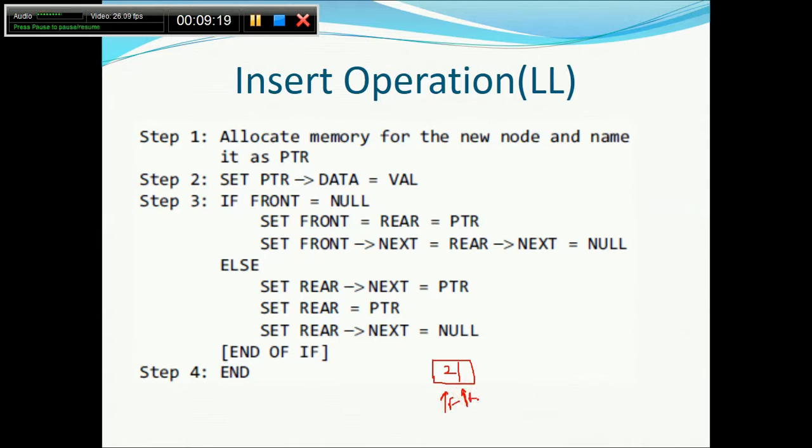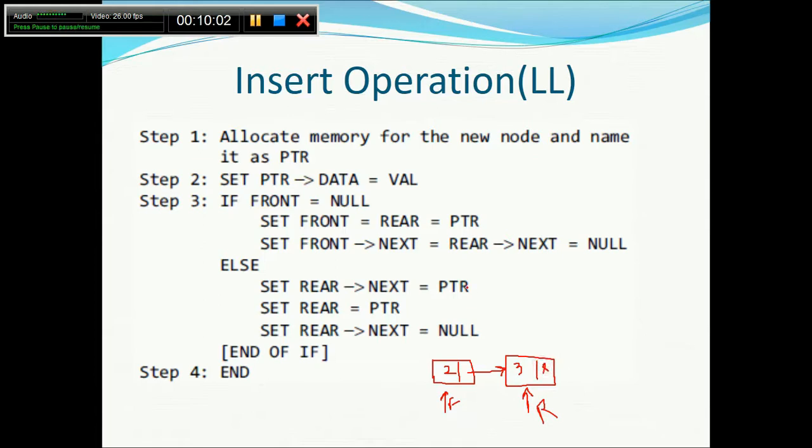Next time, suppose I will try it 3 times. Suppose I inserted the value 3. Here the front is not equal to null, so it will go to the else part. It says rear next is equal to PTR. Whatever the PTR I have, copy it to the rear next. So this will start pointing to this node, and whatever the PTR consists, copy to the rear. So rear would be here. So rear basically jumped. This would be deleted, and then rear next equal to null.